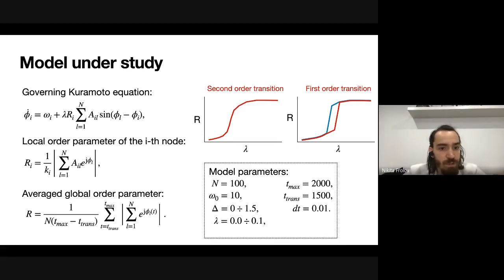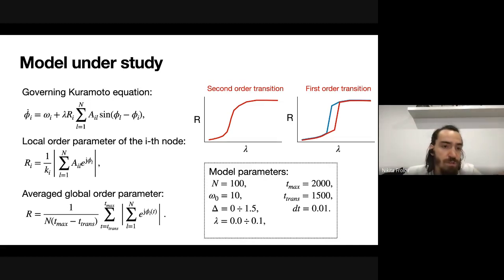And this multiplication gives the road to the explosive synchronization or first order transition, which is also given in the slide, like the illustration of this phenomenon. The global network behavior is characterized by the global order parameter averaged over the time after the transient process, and the model parameters are also given in the slide. First, we considered the effect of